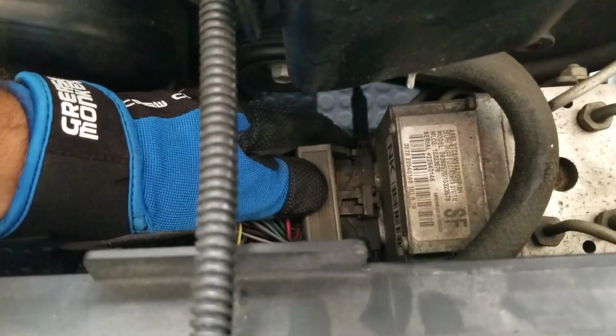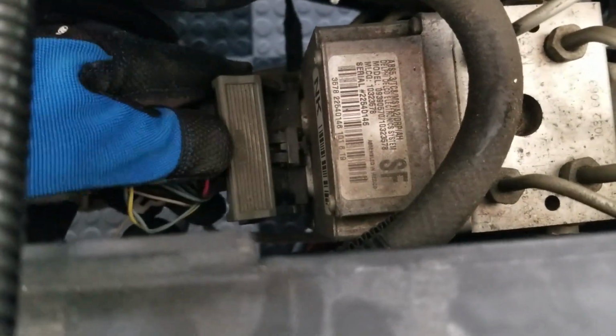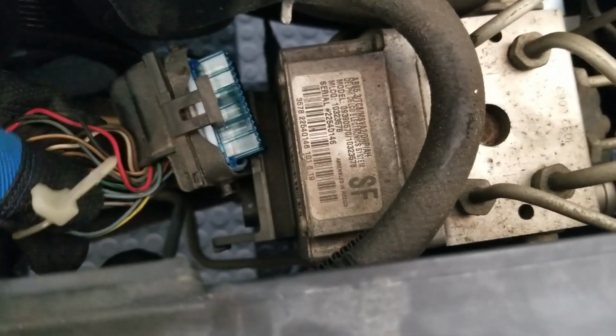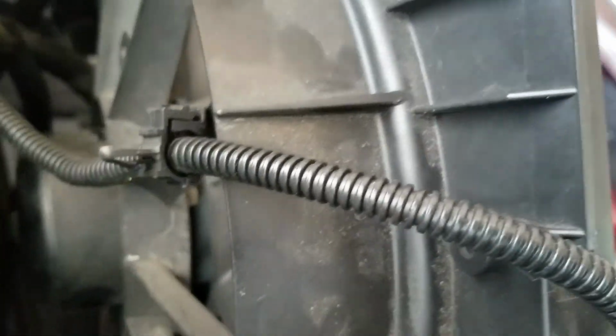So I went ahead and took out this little plug. It's right here. It's a little tab. And then I can push this out and disconnect it. And that's the little tab that I took out. So I removed a bunch of these connectors from the back of the fan, and I was finally able to